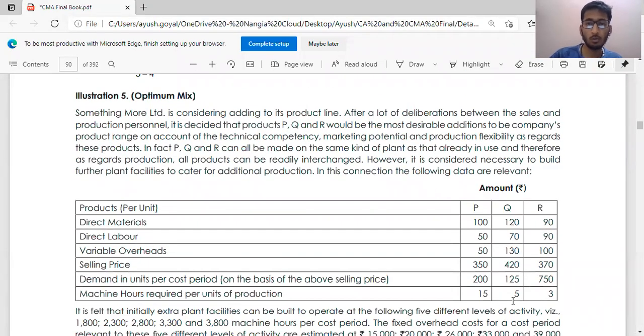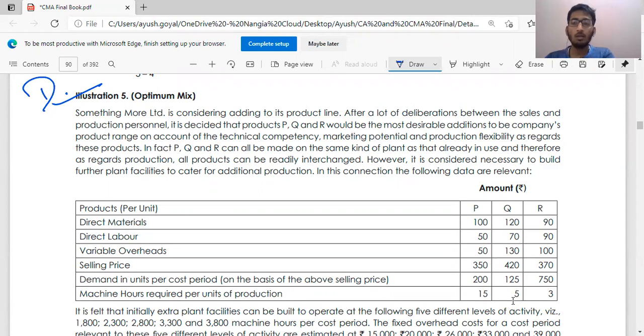Yeah. So this question. First we'll do this question. Just wait for a while. I'm coming to you guys. Please read the question first. Yeah. So